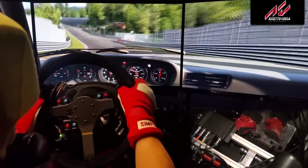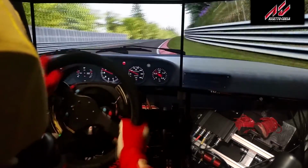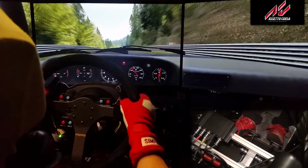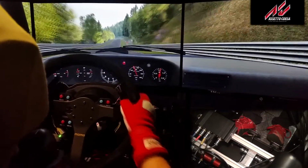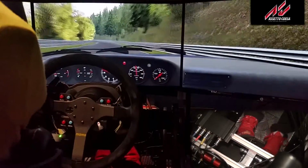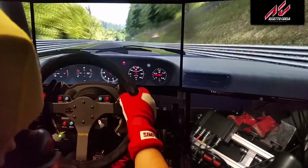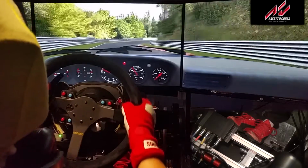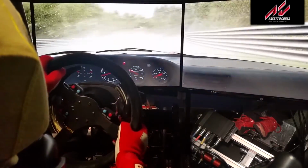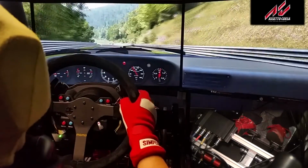See, I'm not getting enough feedback cues to anticipate that slide, or at least to react to it properly. See that? I'm just flicking it because I'm hearing the engine and the wheels start to spin, and I'm seeing visually in my peripheral that the horizon is changing. But there's not as much feedback. I drive Assetto Corsa quite a bit, so it may just be that this particular car has that issue, because